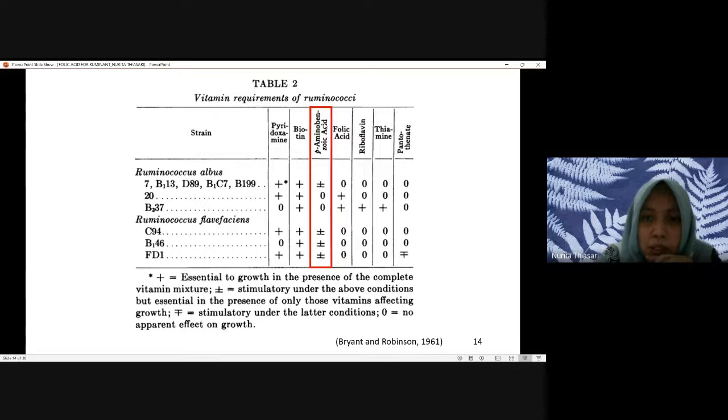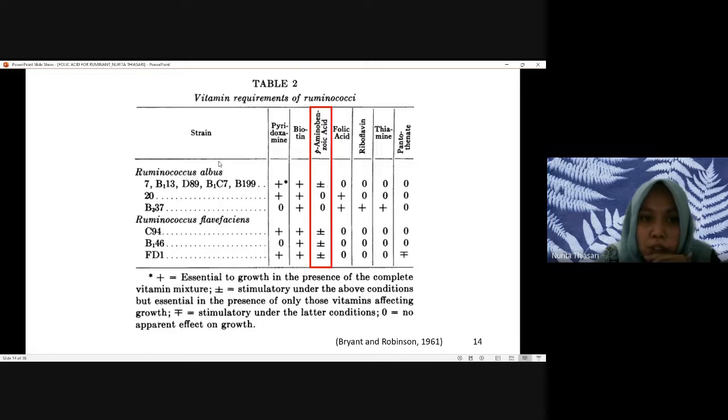So P-aminobenzoic acid is a part of the folic acid. In the middle part of the folic acid is aminobenzoic acid, or PABA. We can see in here with the addition of